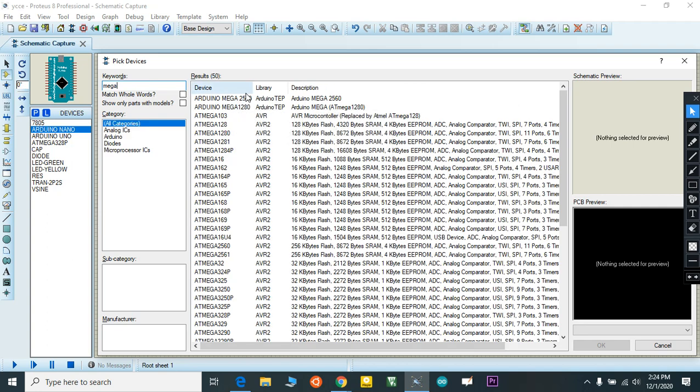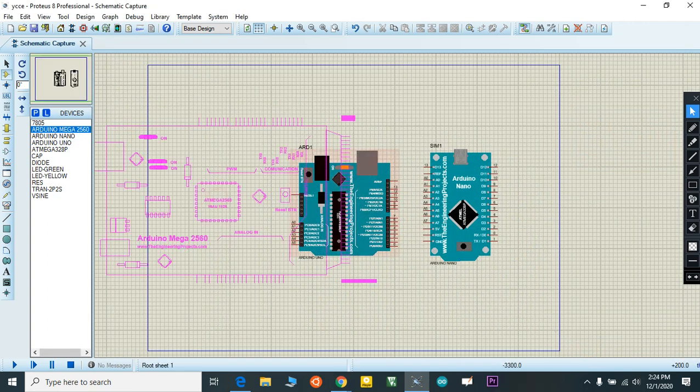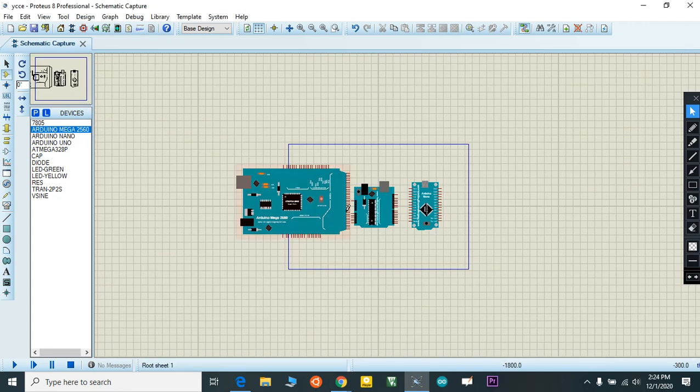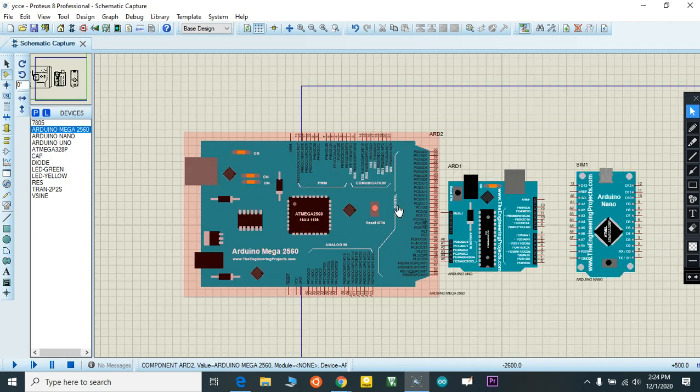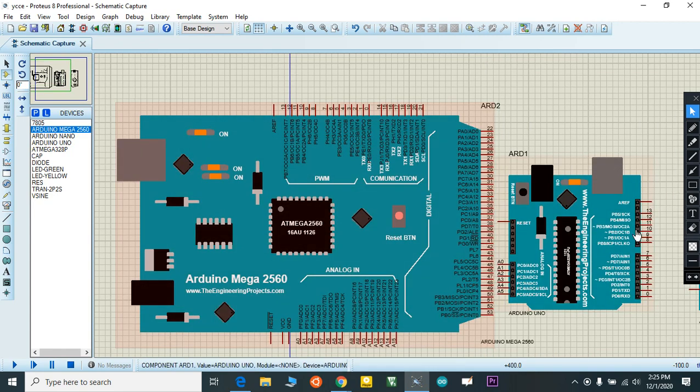This is the Arduino Mega board. It's a little bit bigger, you have many more pins here. In Arduino Mega you can see a lot of pins, but in Arduino Uno you only have 20 pins: 14 digital pins and 6 analog pins.